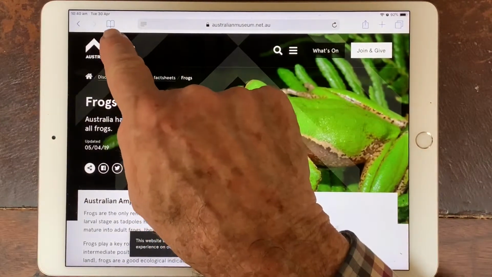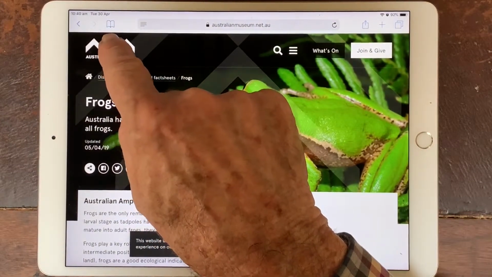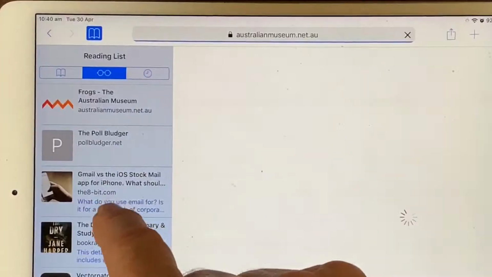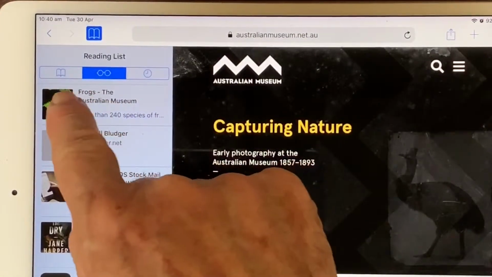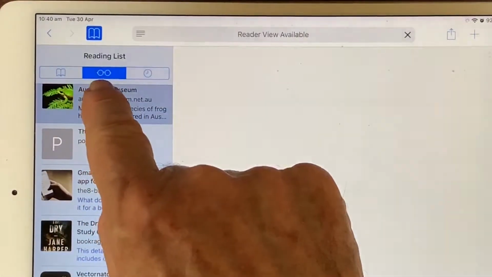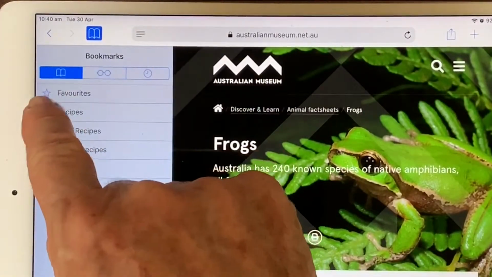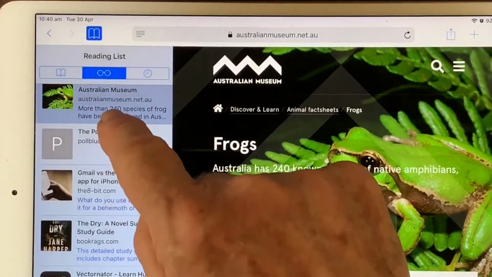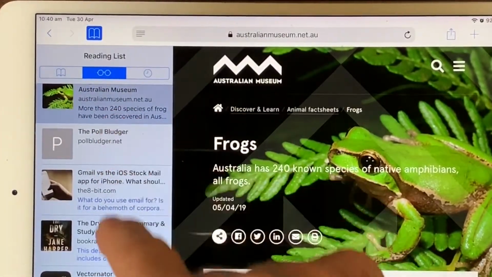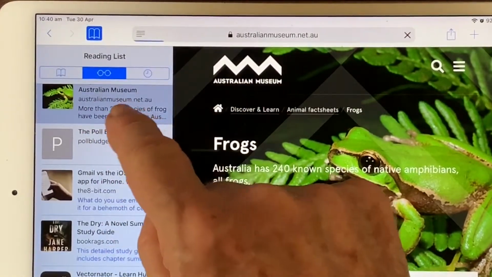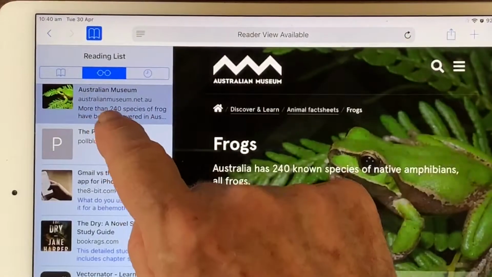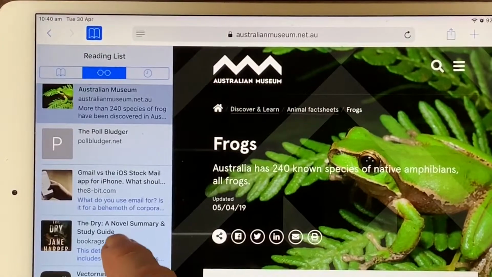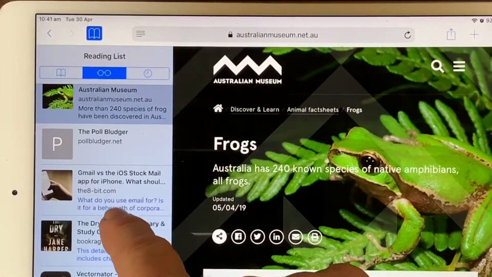Now we'll go and look at the little book icon over here, and that includes bookmarks and the reading list. So we'll tap there, and we can now see two lists that I'm interested in. One is the reading list with the spectacles, the other is the bookmarks, and you get a different view. First of all, the reading list is a very simple list of saved sites. And it's best to keep that fairly short. So there's the Australian Museum one that we added a little while ago, and these are others that I've saved previously. Keep this list short if you use it, and you can delete